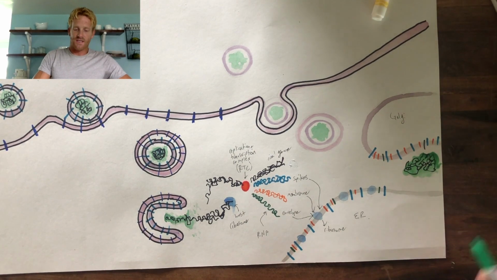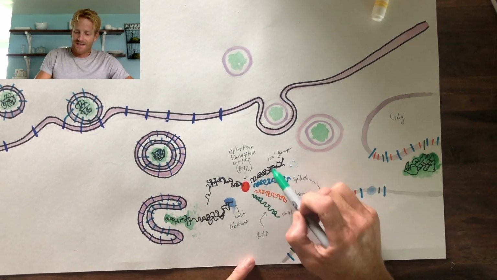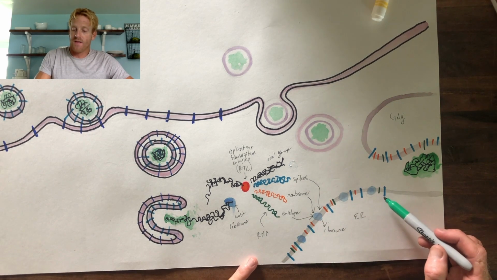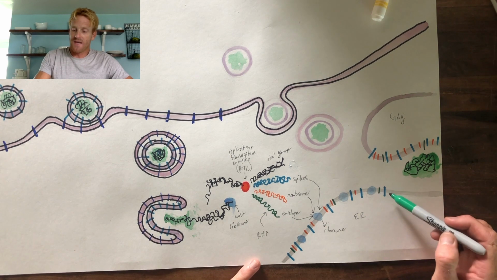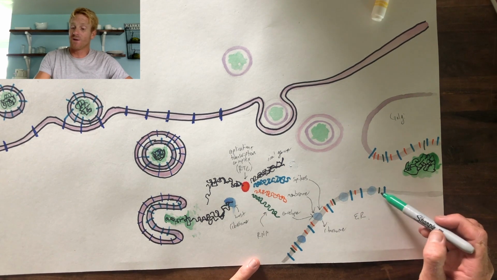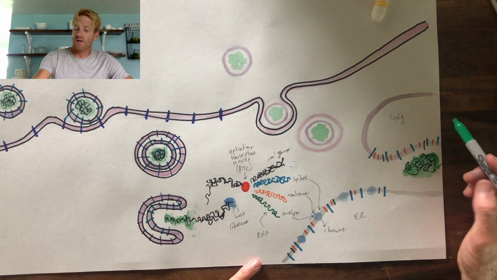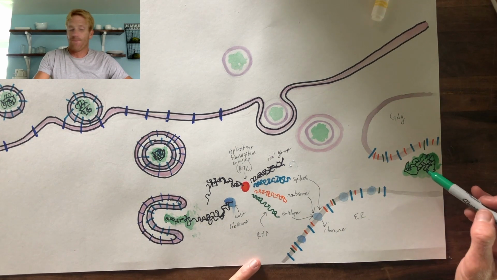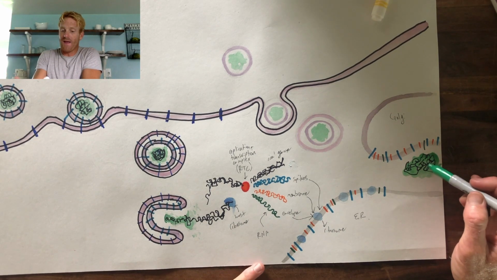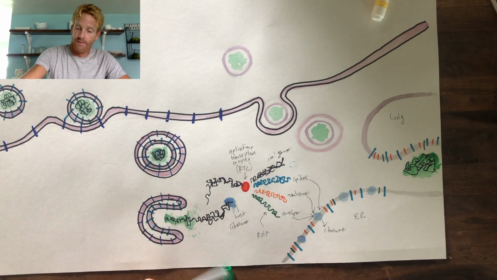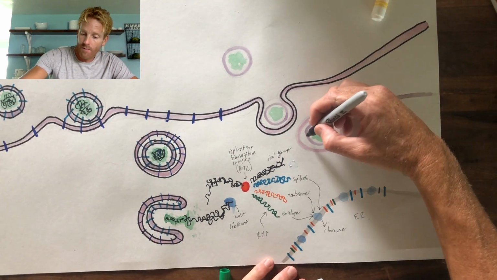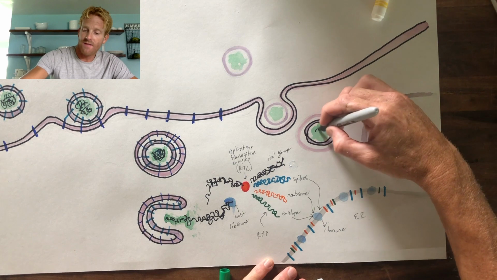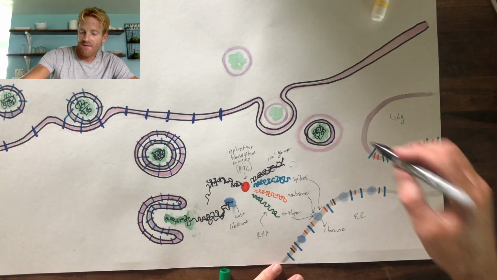So you have all these bits of RNA which get sent to the endoplasmic reticulum. Our own host ribosomes are going to produce new viral proteins in the cell membrane of the endoplasmic reticulum. These viral proteins, such as the spikes, the membrane proteins, and the envelope proteins, get sent out to the Golgi apparatus, where the Golgi apparatus is literally going to assemble a viral particle by taking this viral genome, which has been put into a capsid. It's going to engulf that capsid, and then all of a sudden we've got a new little viral particle,